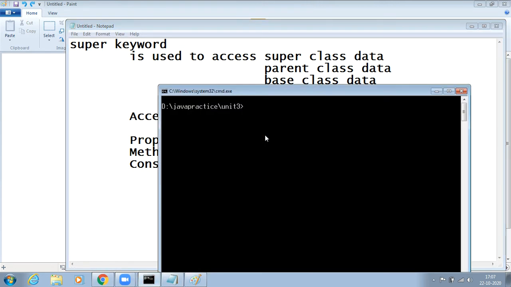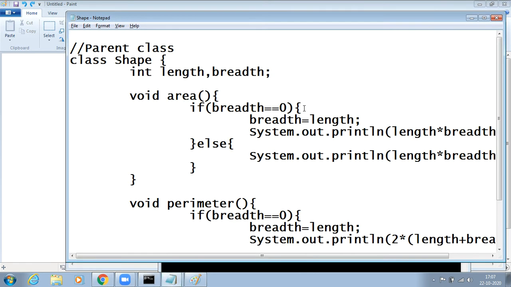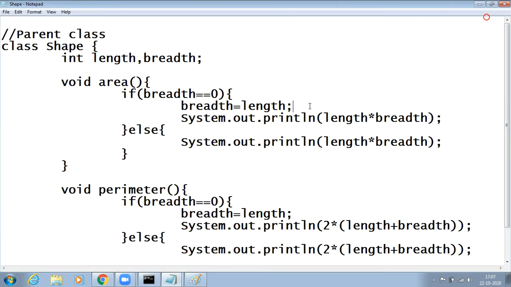So, example now. In Notepad, we just take the same example, or we can even do another example. Take the Shape class, shape.java. It's a simple parent class example. Initially, every class has a length by default, and from that length some classes will take the data.